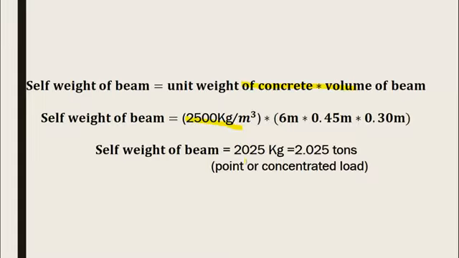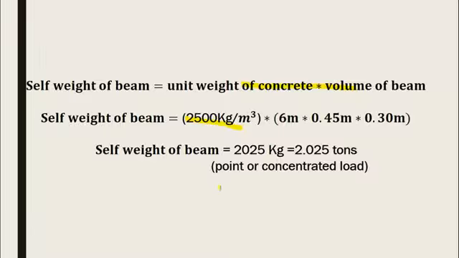2025 kilogram. To change this value into tons, divide it by 1000, because we know that 1 ton is equal to 1000 kilograms. So we will get 2.025 tons. Now this is the concentrated load of the beam, and by using this simple formula we have determined the self